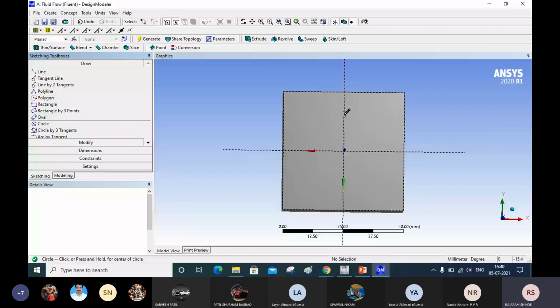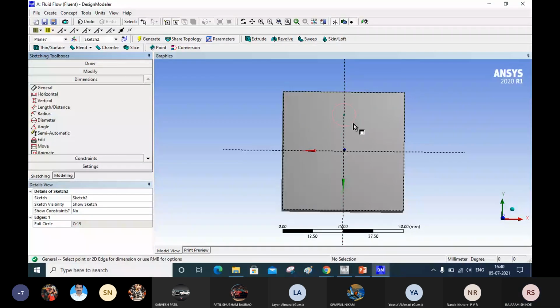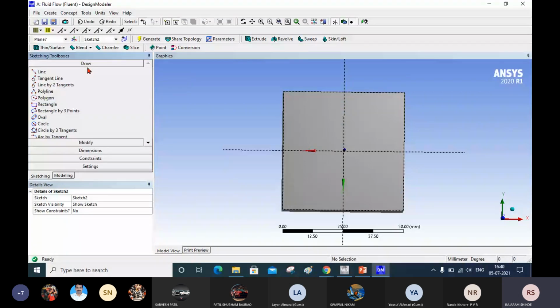Okay, and again you go to the dimensions, select this dimension. Okay, before that I will show you here. If I go to the circle here, I want to draw it on the y-axis. So you move your mouse pointer here, and when that axis is selected and you get the C symbol, at that location you click here. Okay, and move your mouse pointer away from the center, you will get the circle.